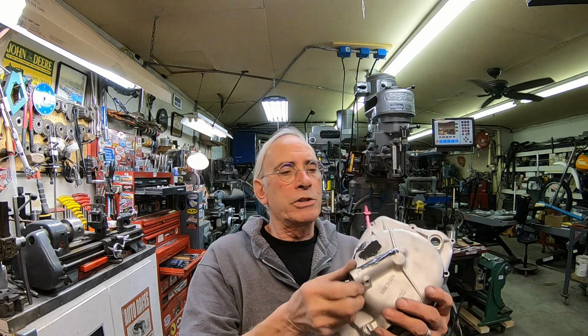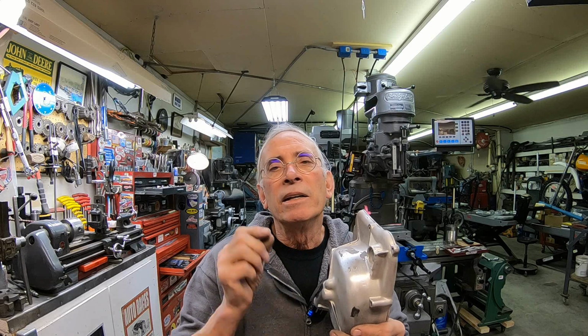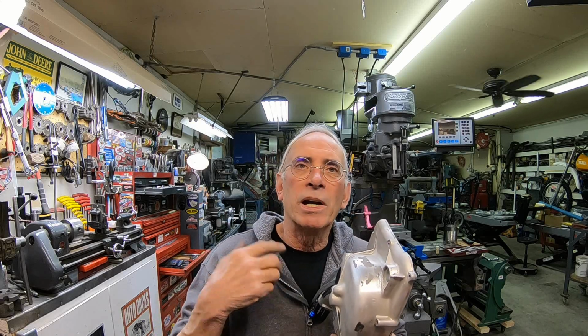So that was new to me. I'd never done the magnesium welding, and when I started to weld this, I forgot to take the grinder and grind it the first time. And once I did that, it welded so much better. I knew that. That's what I did on the other one. I was trying to do everything step by step, and I forgot to do that. And that was part of the reason I was having so much splatter when I first started welding it, because